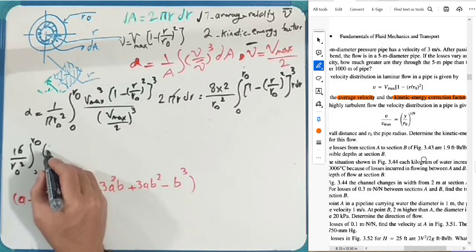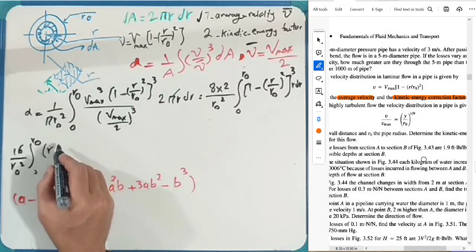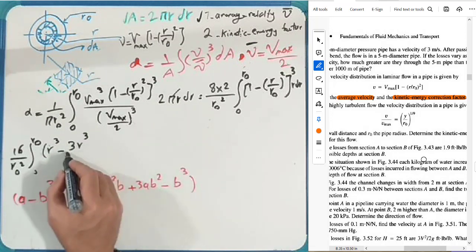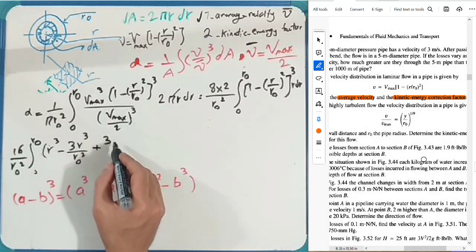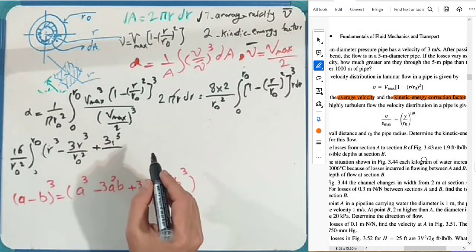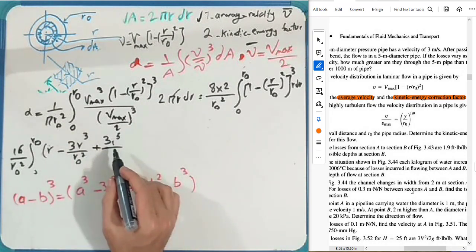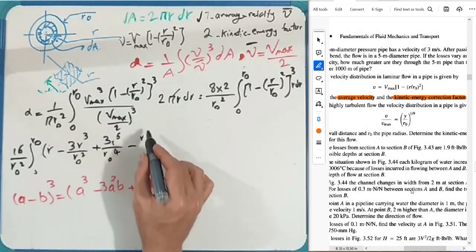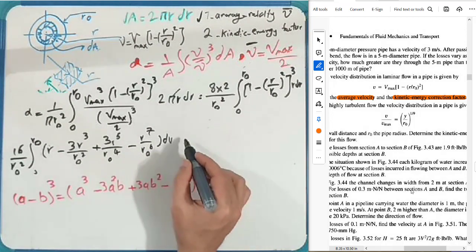It will be like r minus 3r²/R0 plus 3r³/R0², and it doesn't mean any 3 here, there are 5: minus r⁴/R0³, dr. Okay, equals